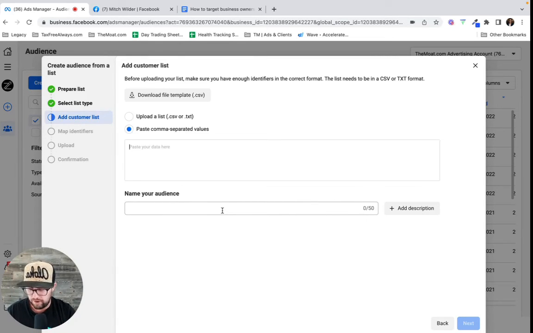And then once we create that list, we can remarket to those people with ads, because we know that list, we know that those are business owners. And the other thing that we can do is once we've created that list, we can take that list and make a lookalike audience from it if we want to target people who are likely to be business owners, because the primary thing that they have in common from being on our list is that they're business owners, right?